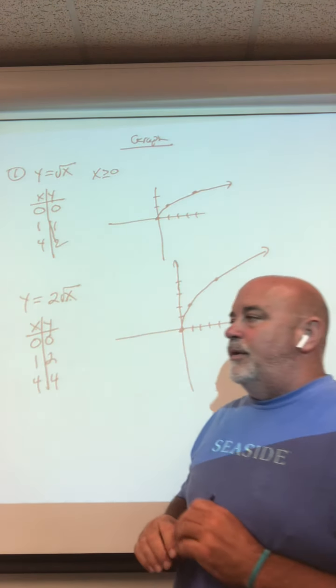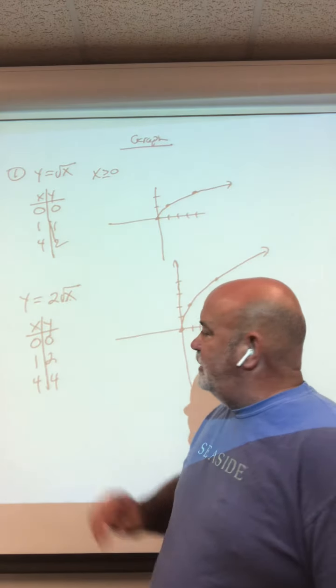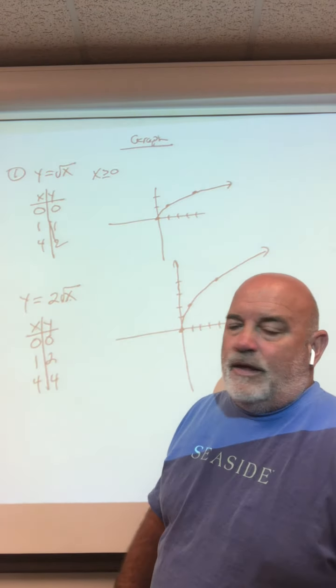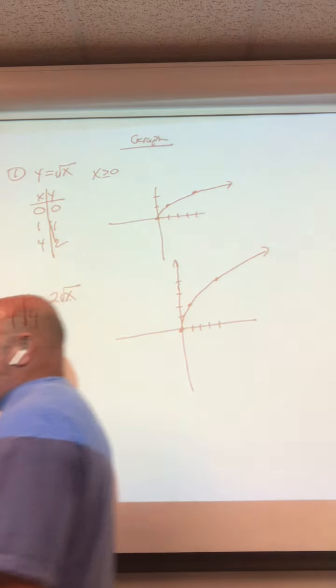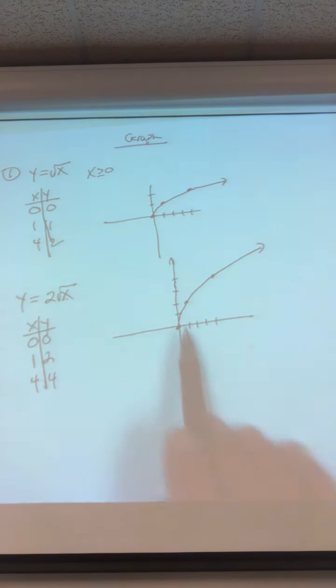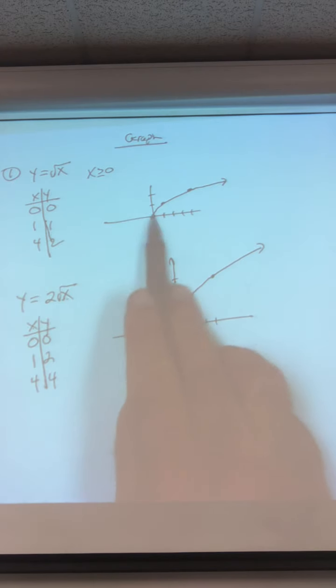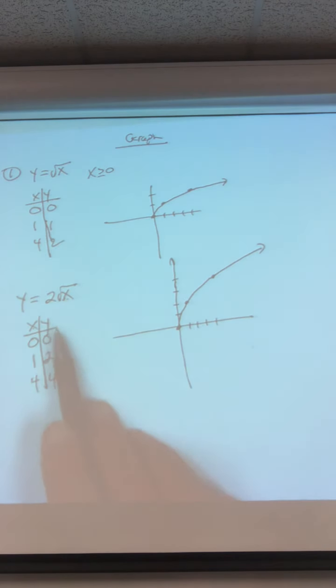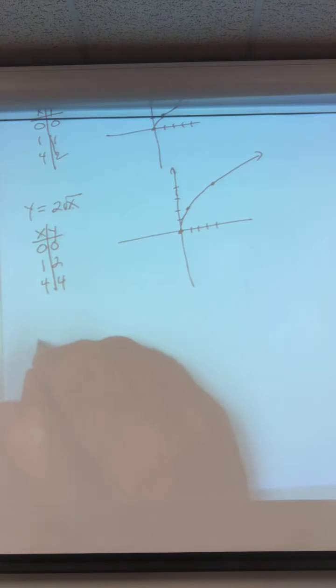Okay, I want to continue with graphing the radical function. This is the one that we did last. So what I want to do now is this. We said the number out front affects the width of it, but it doesn't shift it. So this point right here does not get shifted at all. All right, what if